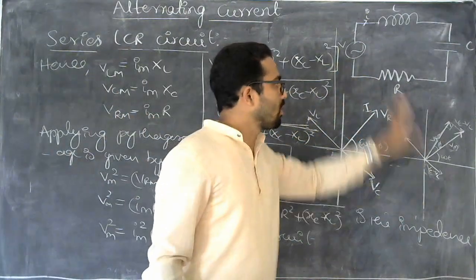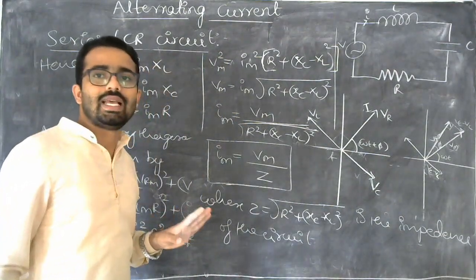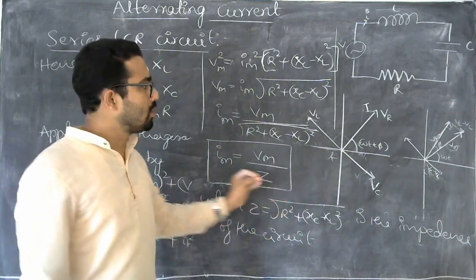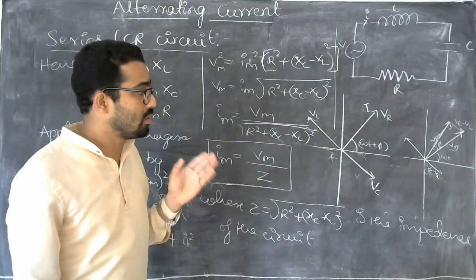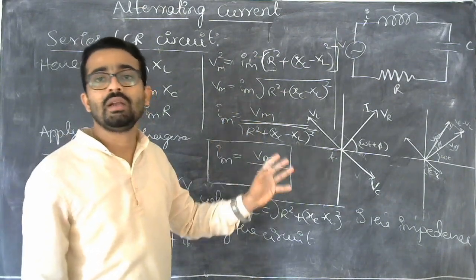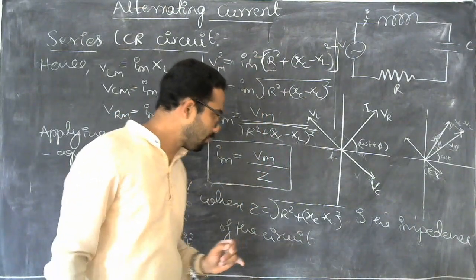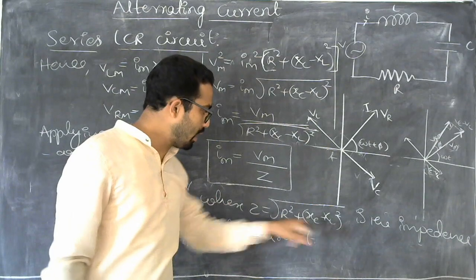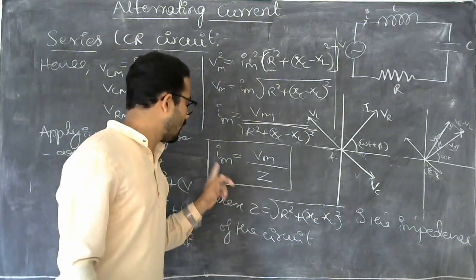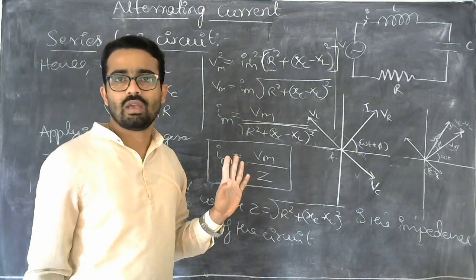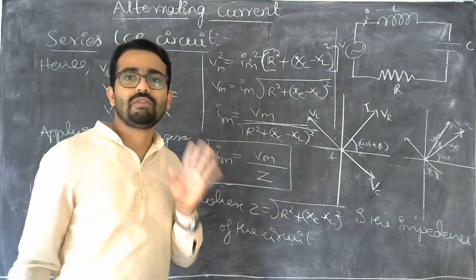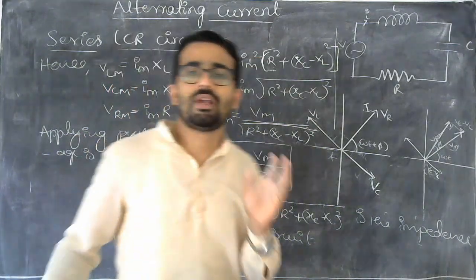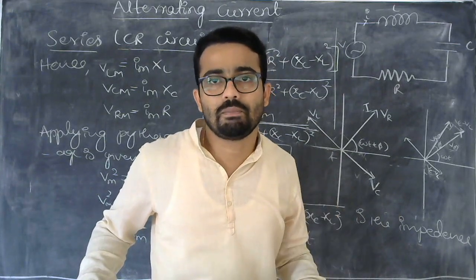So this is about the series LCR circuit. Also we saw the relation between the voltage phases and the phase relation between the current and voltage. Now see, I told you that the current through the circuit will be maximum when we make Xc equal to XL, so that the current in the circuit is maximum. And this happens at a particular frequency, and that frequency will be called the resonant frequency.